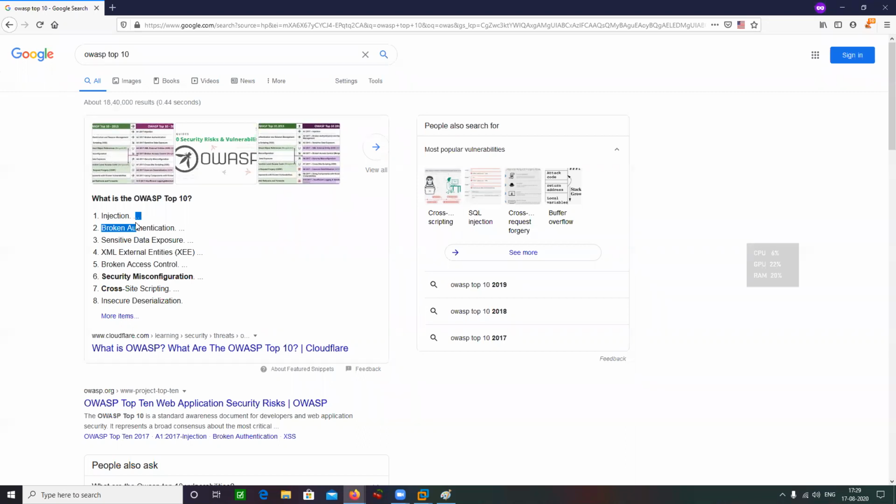The frequency decreases from top to bottom. It's like out of 1,000 web applications, 900 were exploited for injection based attacks, then 700 for broken authentication, then 600 for sensitive data exposure, then 500 for XSS. I'm just giving you a hypothetical example, with numbers for frequencies, like how many times an attack happened.